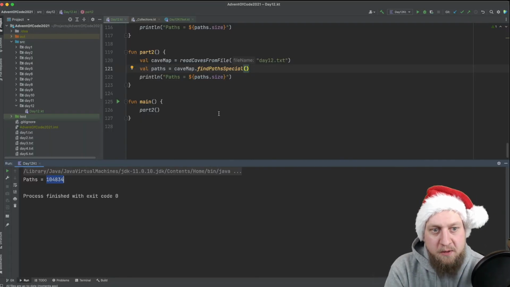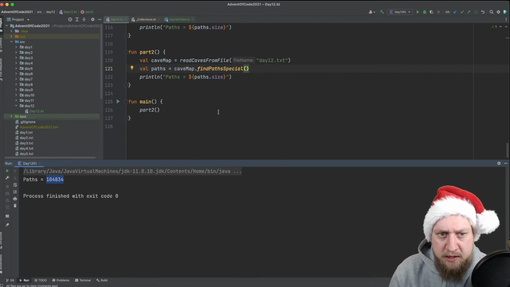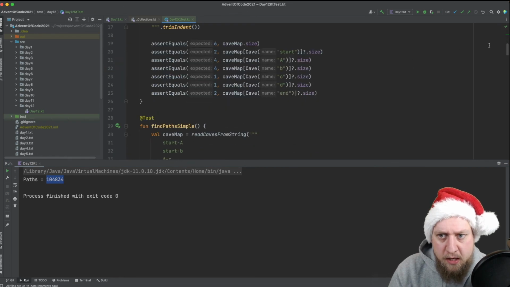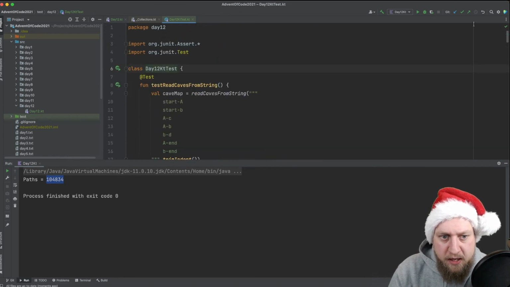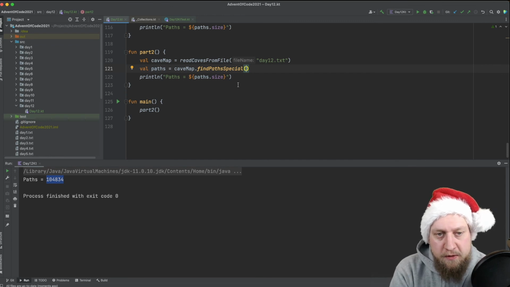Yeah, that worked well. We needed some debugging, even though we wrote tests, but I still think the tests were super helpful to find problems before actually entering anything on the website. Yeah, let me know how you solved the problem,